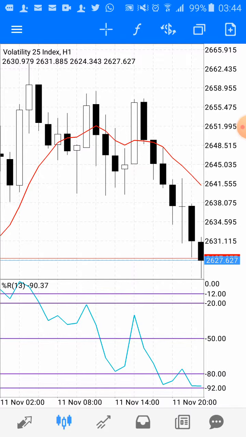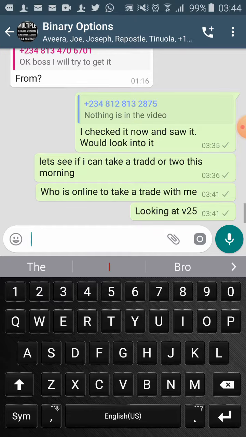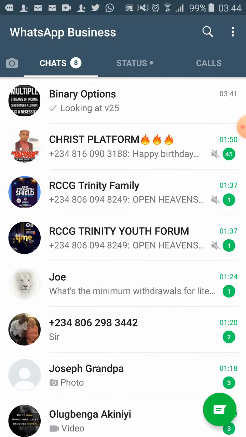Look at the next one. It's also a perfect low bar. Then the doji, then another low bar. Then the last one is a low bar. Now that is when the candle form. There's a candle on top. Let me see if I can draw something out. Let me use WhatsApp and see if I can draw something.